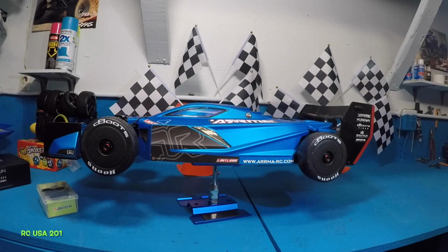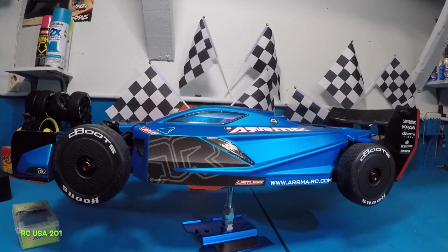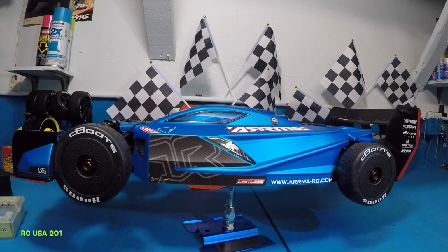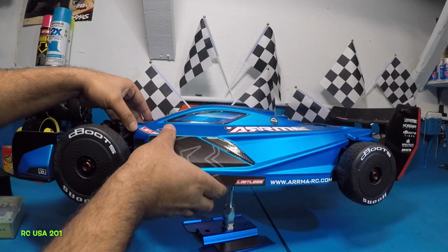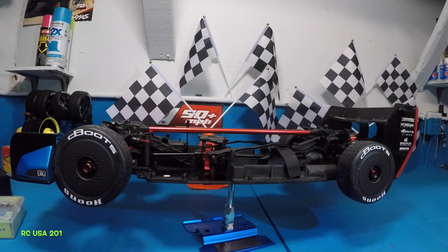So today we'll begin this, and what we'll do is we'll just install the servo at least. All right, so first things first, we'll take the body off. Once we have the body off,